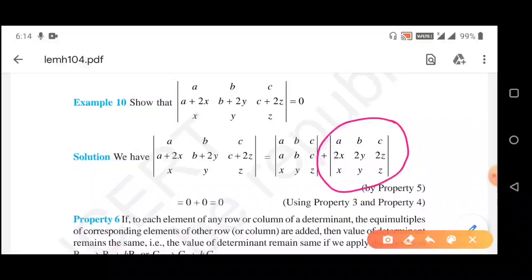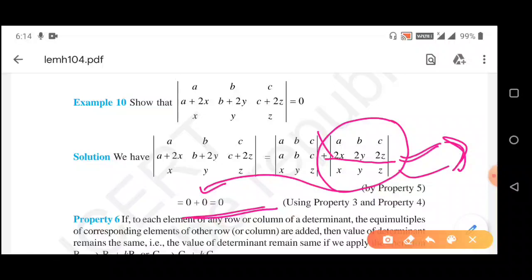Now if we consider this determinant, then see here we have 2 as the common factor for all three elements of the second row, and we know we can take out any common factor of any one row or any one column from the determinant. So we can take out this 2 outside. Then we have the second row as x, y, z and the third row as x, y, z. So the two rows are again identical. So from here also we will get 0, the answer will be 0. So this is your example 10.